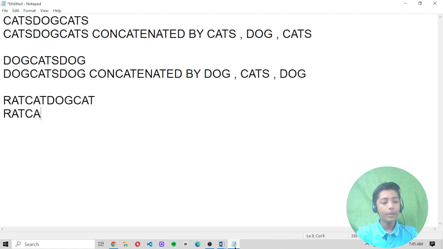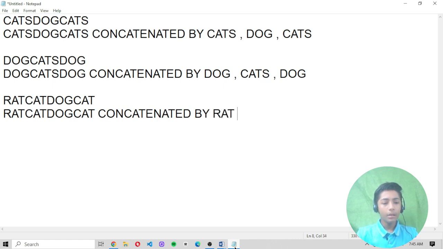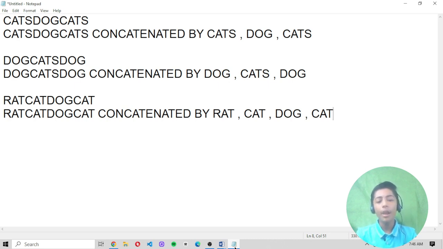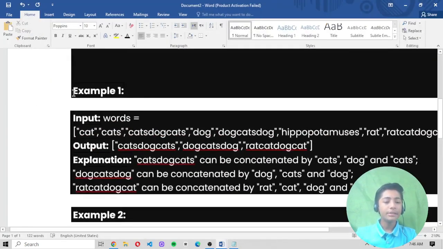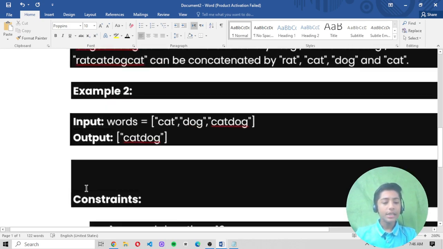Because ratcatdogcat is concatenated by rat, cat, dog and cat. Okay, so I hope you understand. So in example 1, our output will become catsdogcats, dogcatsdog, ratcatdogcat. So let's see our example 2.